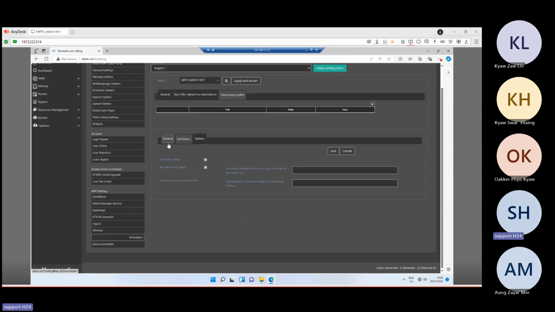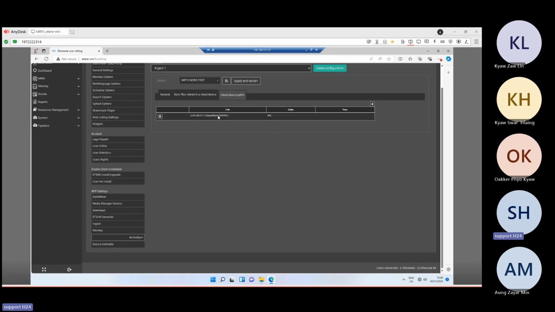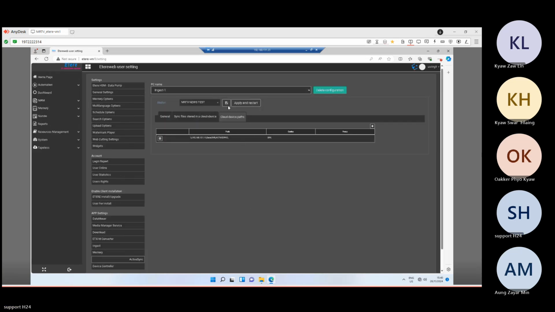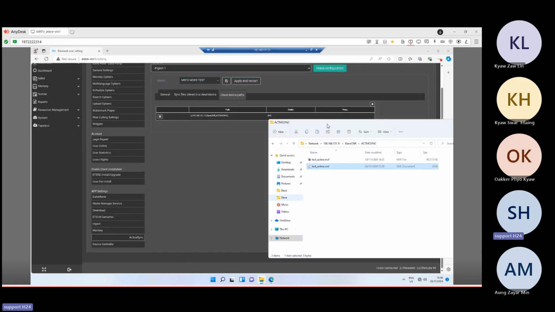Subfolder is only related if you are going to use bundle media, so media from external shot. By the way, this is the basic configuration of the ActiveSync service. So we can save all the configuration and check if the ActiveSync service is loading properly the